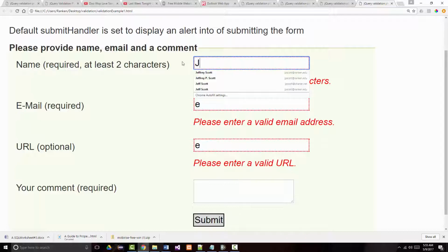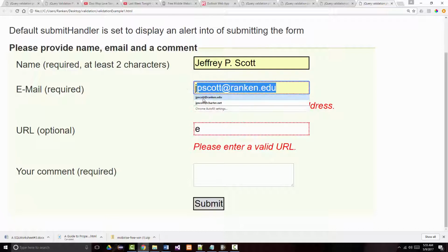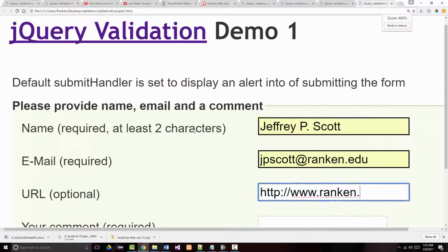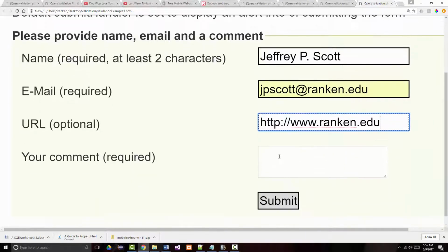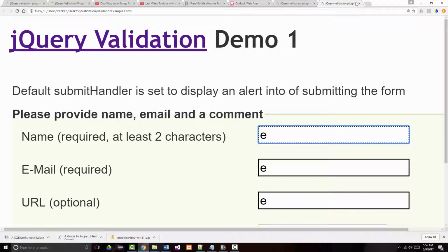But again, as long as I come in here and I put in valid stuff, oops. Now what's interesting is if I click submit, it says submitted, so it's definitely not recognizing what we have here for the comments. So that's either a bug that I put in, but I don't think I did, or it's a bug in the program itself. All right, let's take a look at the second example,